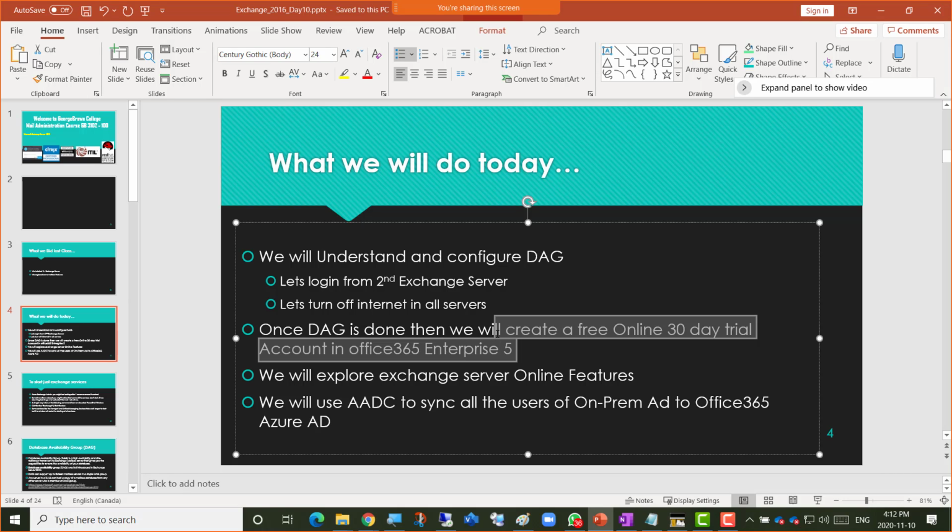We can just do that first now, and once our machines are ready, even if they're not today, next week I can show you all the steps of DAG and how it can really fail over. What is quorum? What are witness disks? And what's the concept behind those? That's going to be useful for you in other courses, when you will be going for high availability and implementing that. So that DAG lab has to wait a little, and until then, we can do the second task here,